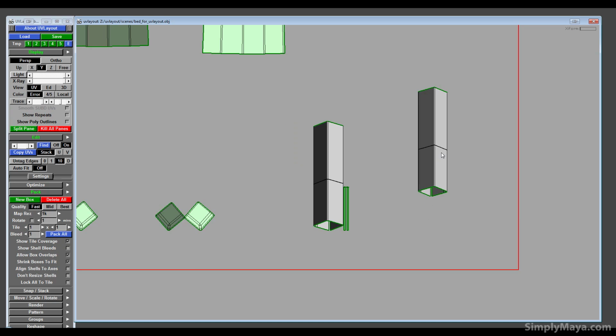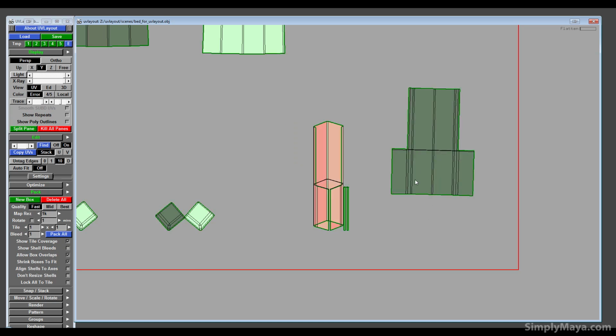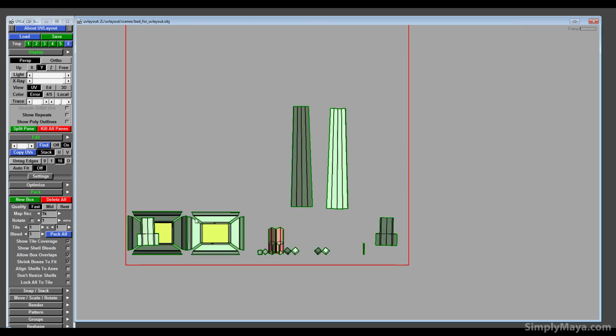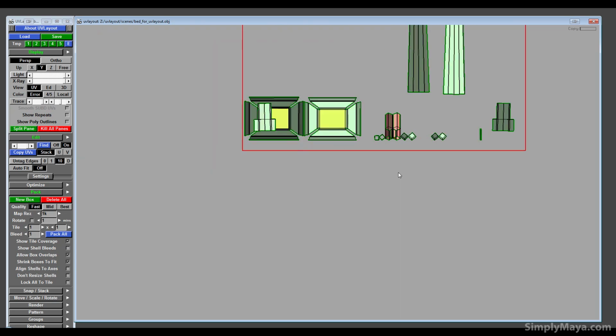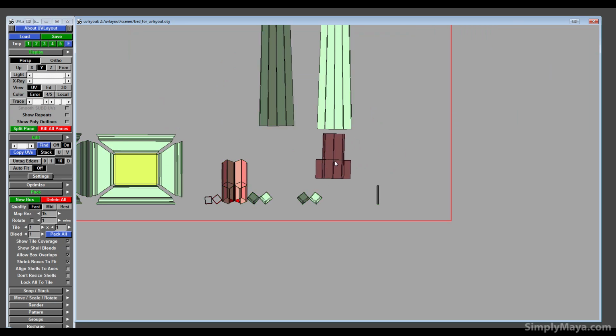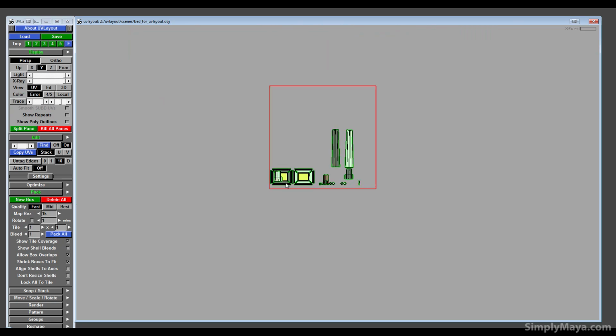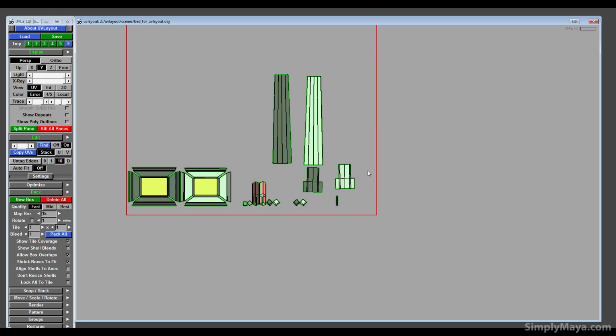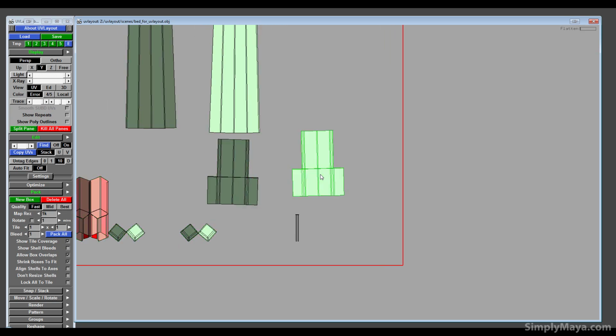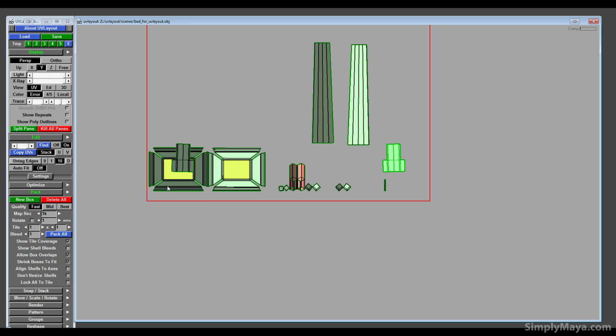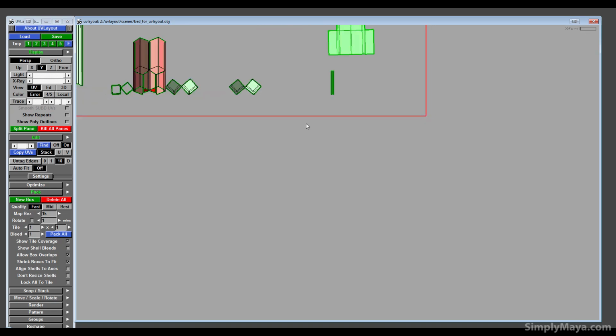Okay, and there's the bit we just dropped back in, so let's flatten it. And if I press S now, because this one's in symmetry, that will also be flattened. Although it seems to have been flattened and gone somewhere. There it is. There we go. So, you know, you only need to work on one and then S, and the other one will become exactly